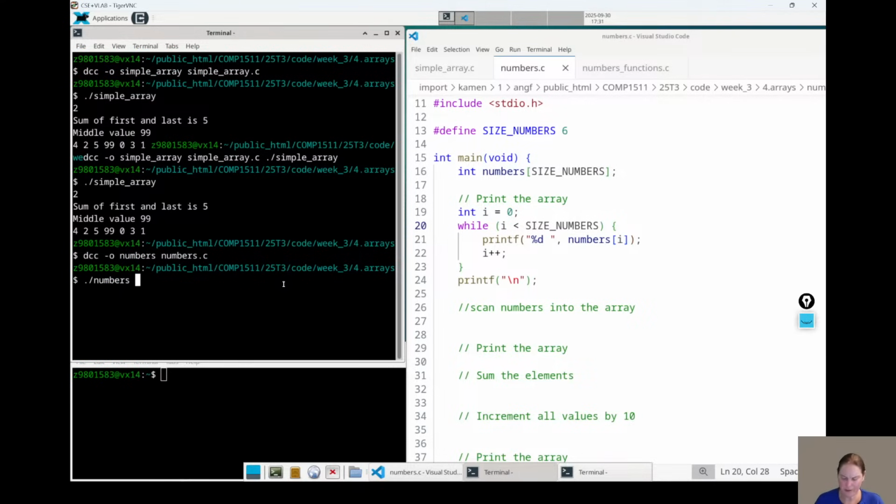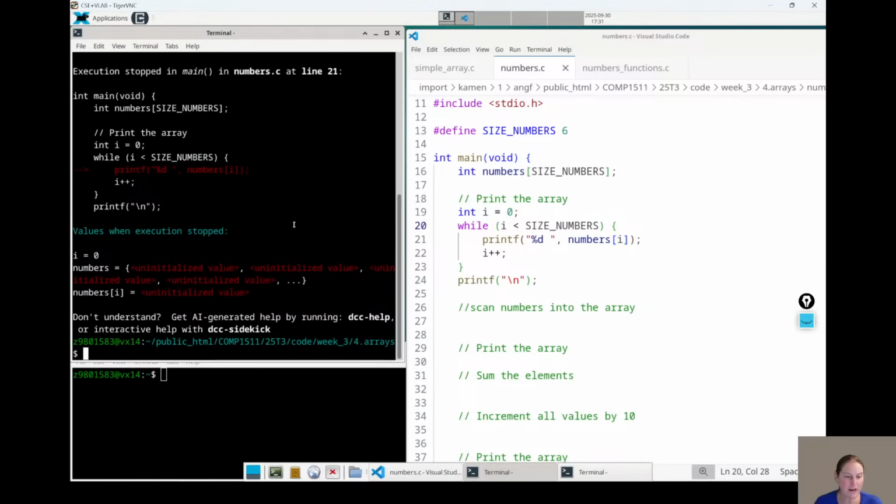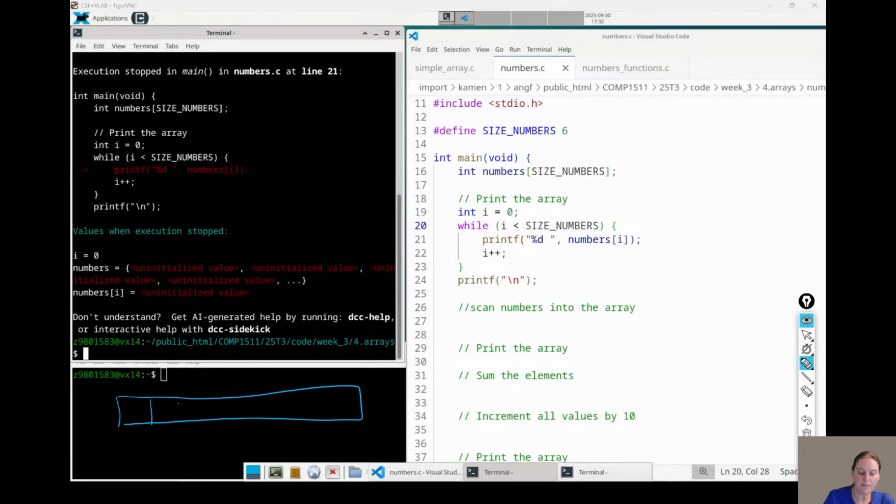So if we try and print it out right now, it's going to crash and say this data is not initialized. What we've asked for is an array big enough to store 6 integers. So there'd be indexes from 0 up to 5, but they're all just uninitialized right now.